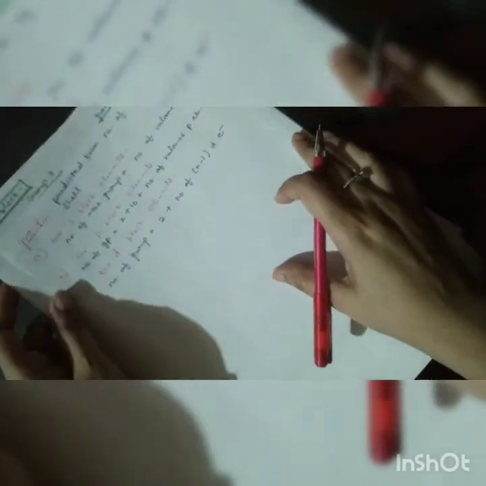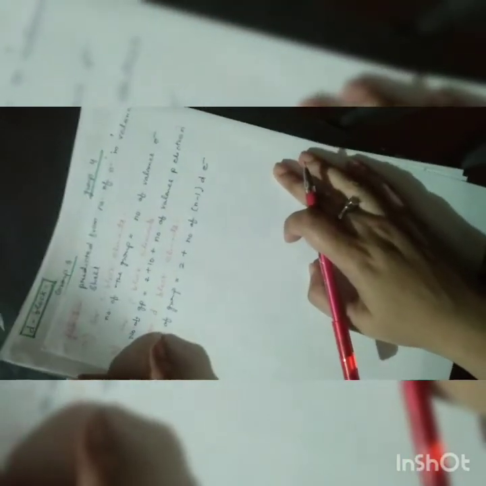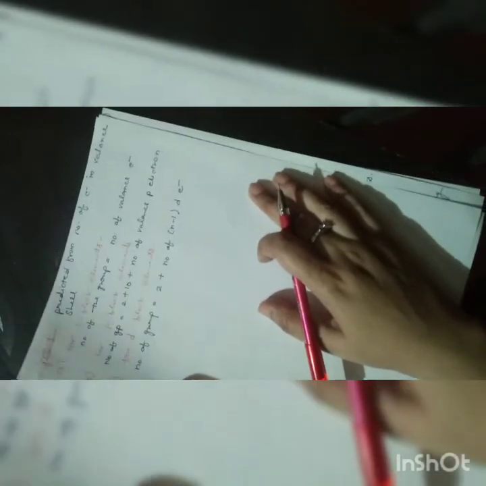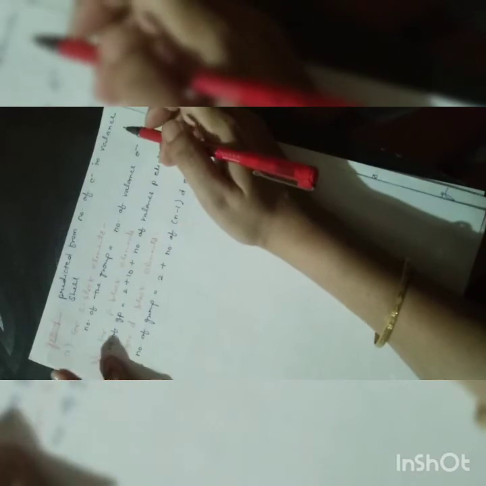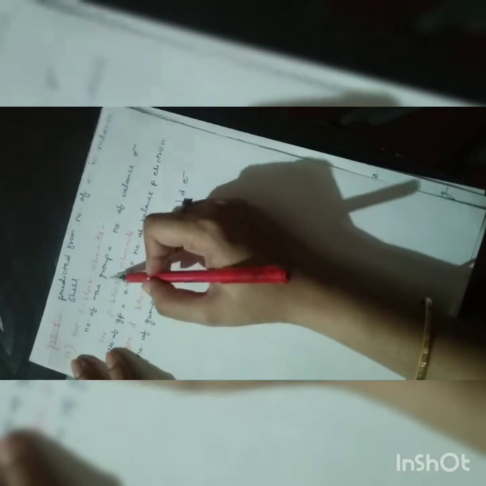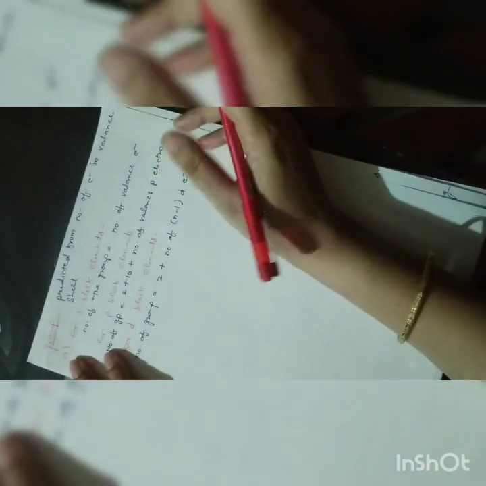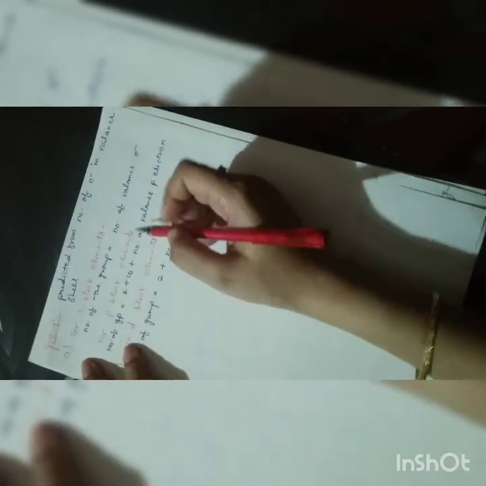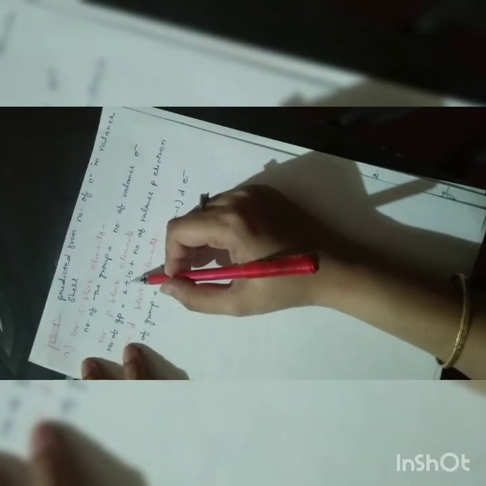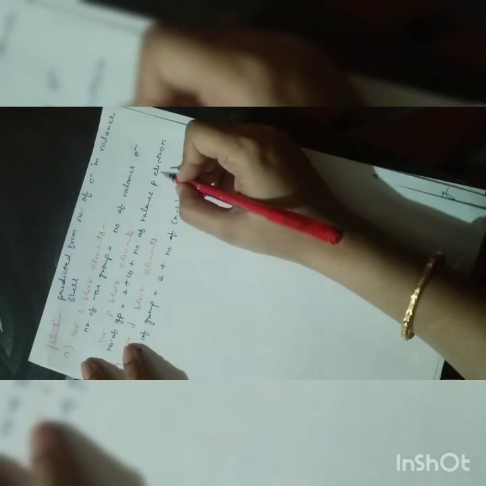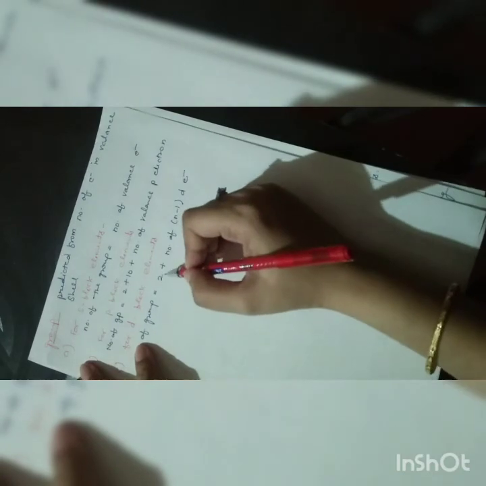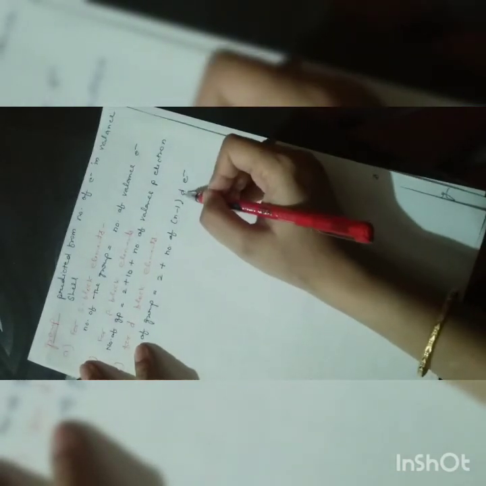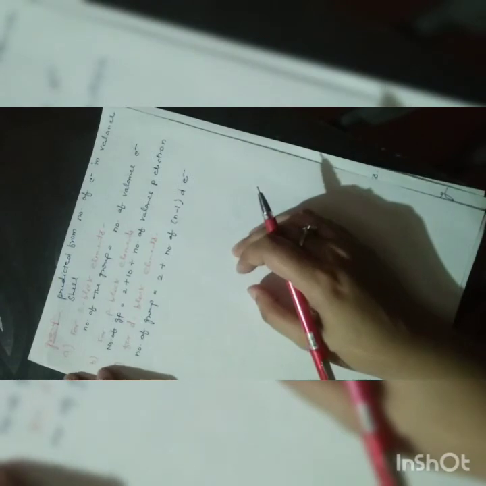Now how will we predict the group? The group is predicted from the number of electrons in the valence shell. So for s block elements, the group number is equal to the number of valence electrons directly. For p block elements, the group number is equal to 2 plus 10 plus the number of valence p electrons, and for d block elements, the group number is equal to 2 plus the number of (n-1)d electrons. So this is the formula for calculating the group.